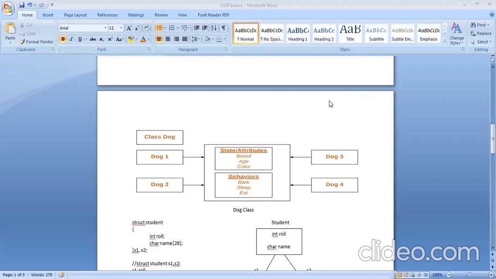Okay, Kritika, is it clear? Girls first. Yes, ma'am. Dipanji? He's not here.